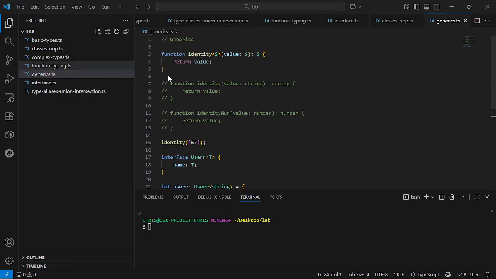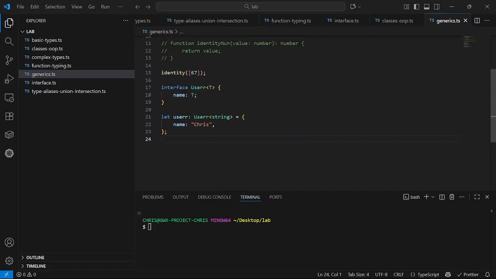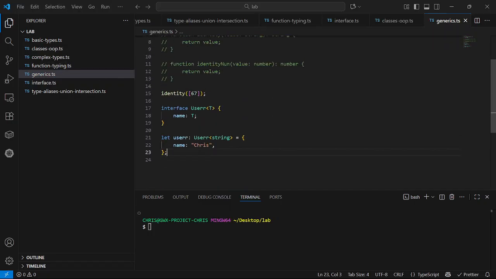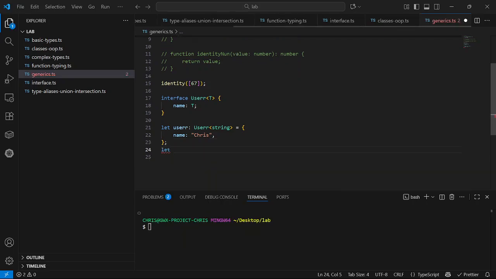This user interface is just causing me problems. So this is how we use it in the interface. Then, if I want to reuse it,